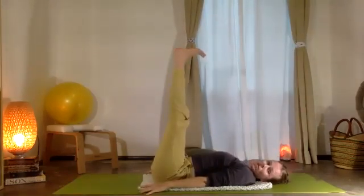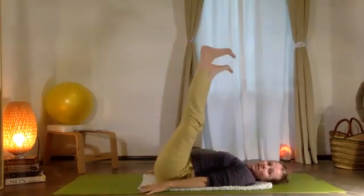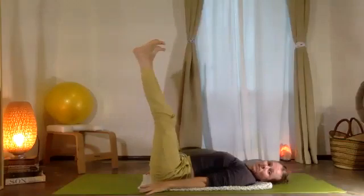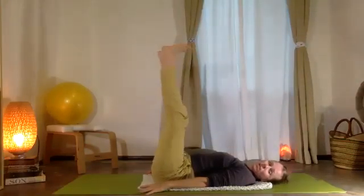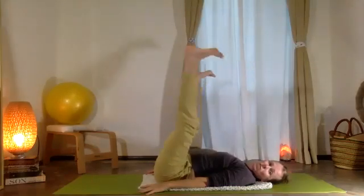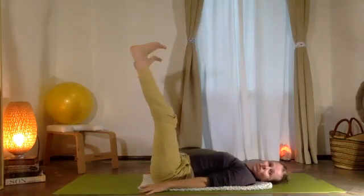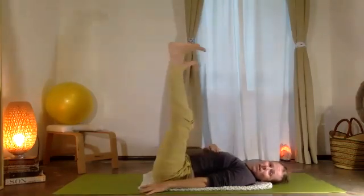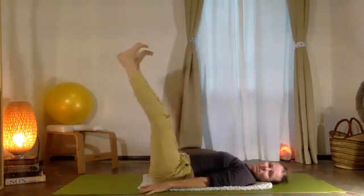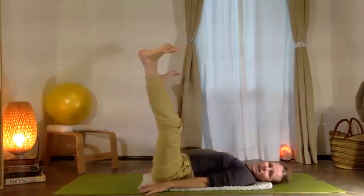Excellent. And now with your two legs up, let's circle the legs away from your body. Opening, abdomen pulling in. Reach out through your heels. Big stretch. The backs of the legs. Good. Let's take those circles in the opposite direction. Good. All right. To Mim's suggestion here, hold your legs out, and then I want you to just lightly lift